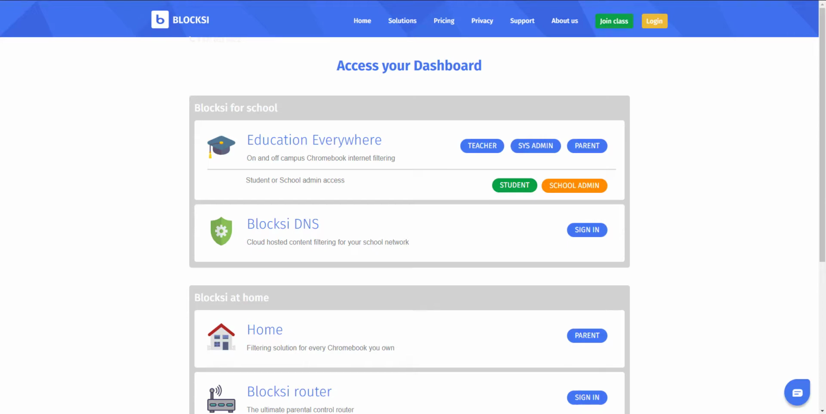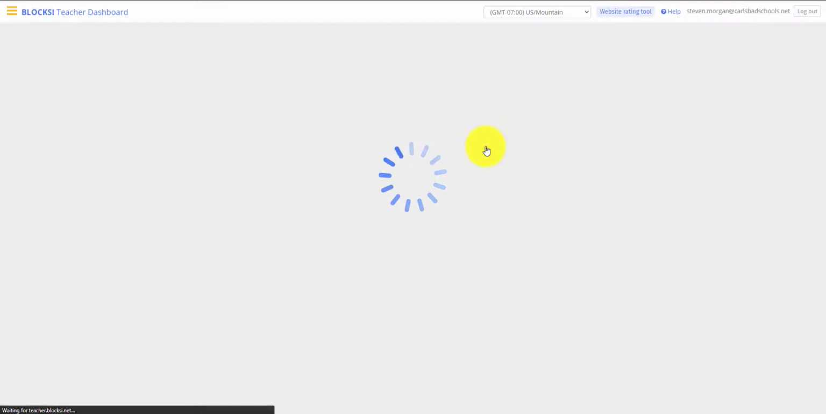Now I want to show off the conferencing tool and the way that you can create a breakout or individual groups for your students using Blocksi. So what I'm going to do is log into the teacher dashboard, and before I go too far, I want